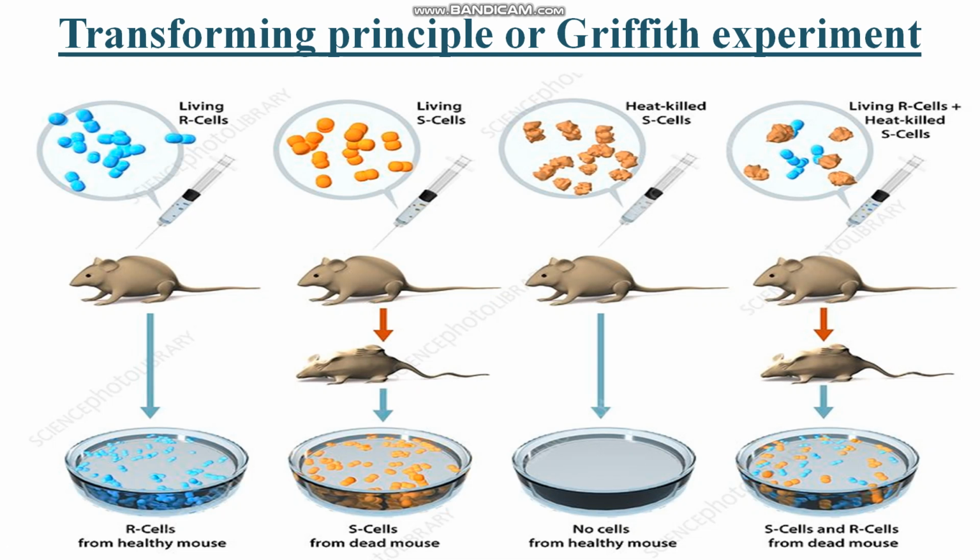There is a transforming principle. By the transforming principle, the search for the genetic material, that is, what is the genetic material, how do we know about DNA, about genetic material. What happened in 1928, Frederick Griffith